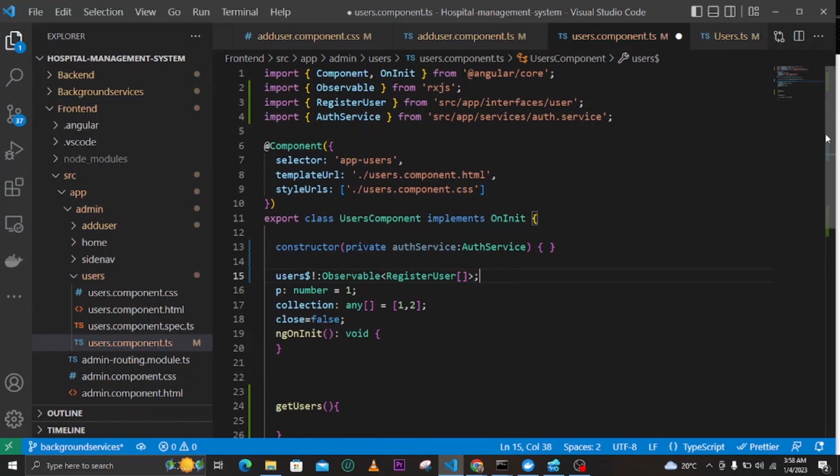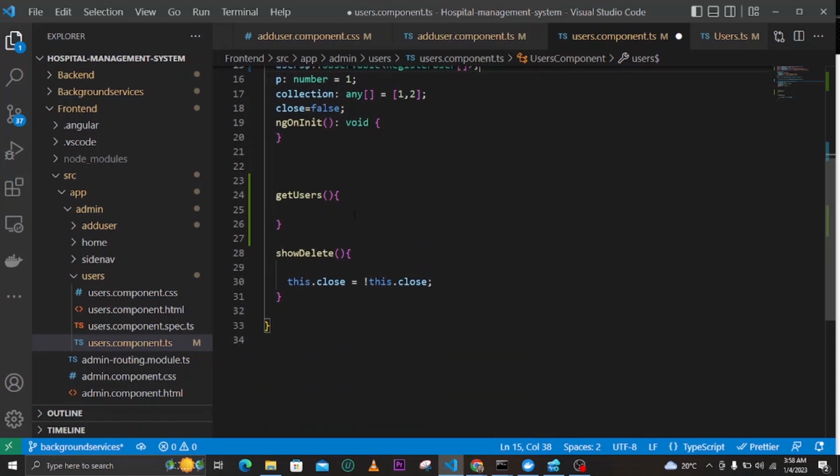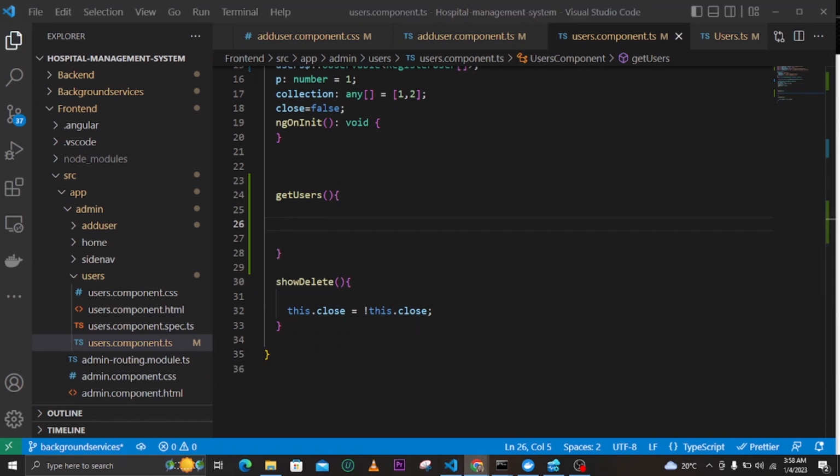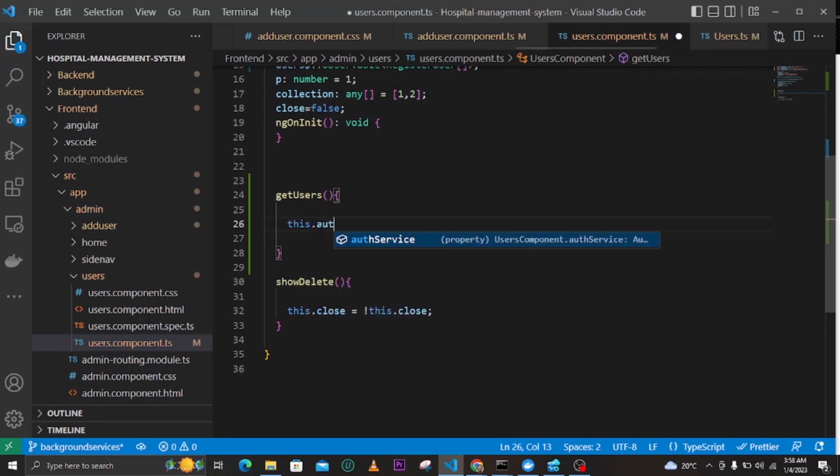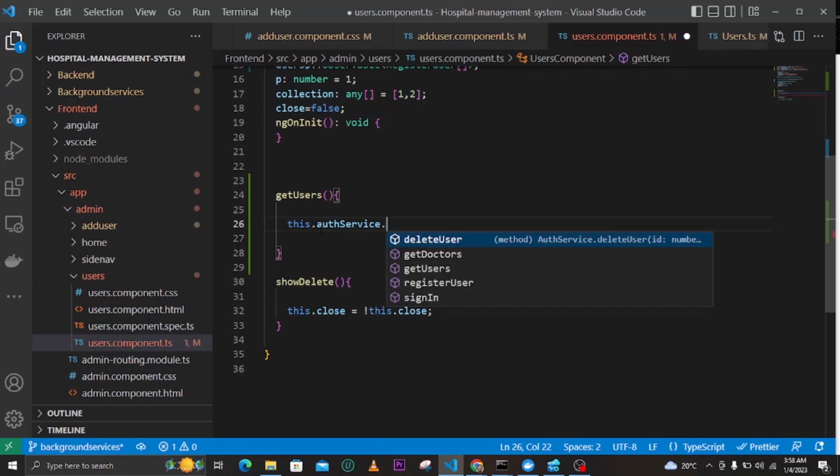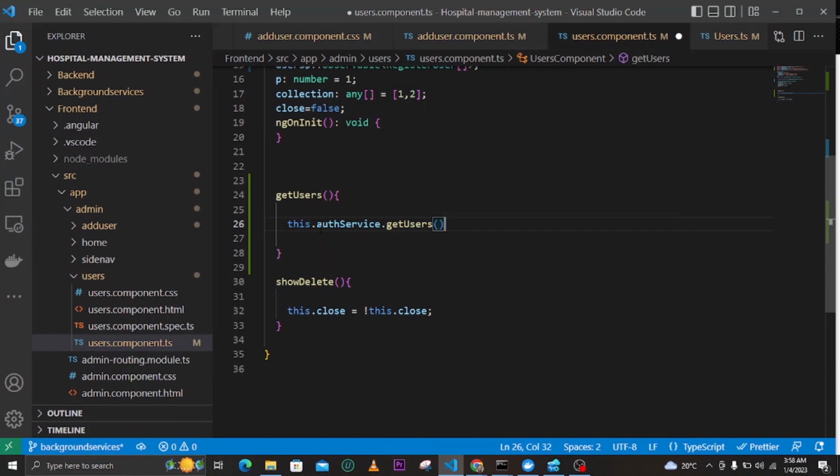So what we'll do now, before we do anything, we come here in getUsers, and now the other thing that we do, we need to access the method that we built in our services called getUsers. So we do this.authService, and actually just say getUsers. You can see it here. So now another thing that we need to do is give this to this.users. You can see it here, and remember it is an observable,